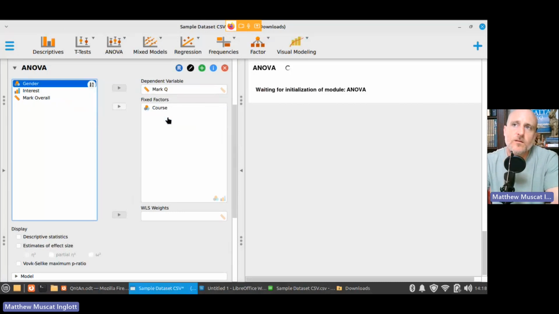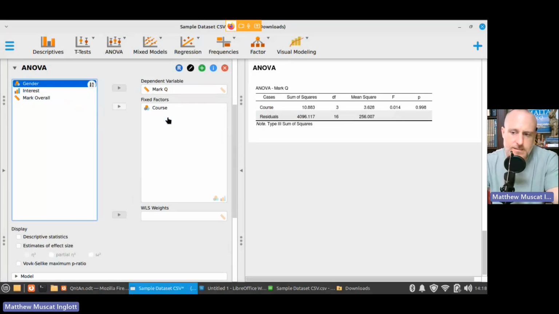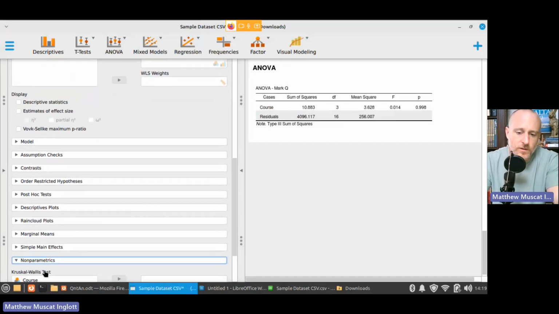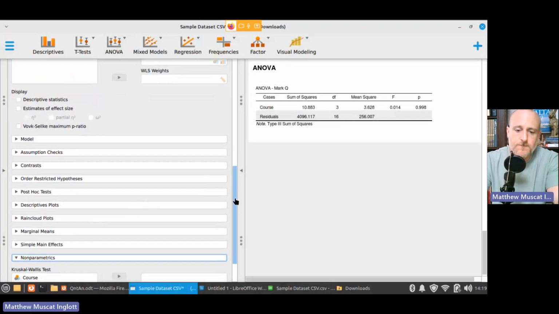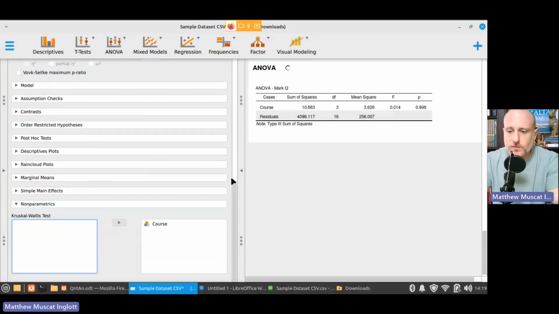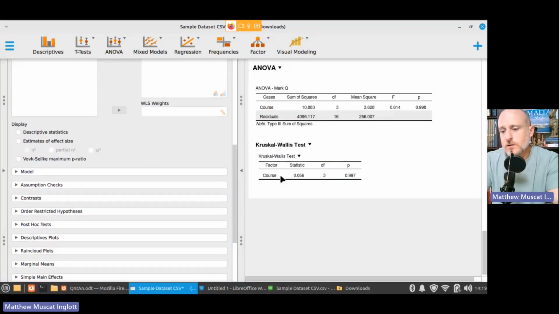So is there some kind of trend going on here whereby students in particular courses tend to do either better or worse in their quantitative data analysis test? So the logic here is very similar to the Mann-Whitney test. However, in this case, we need to pick Kruskal-Wallis rather than a pure ANOVA. To do that, we click on non-parametrics here at the bottom. We need to re-enter our nominal variable here into the box on the right, and that will give us our